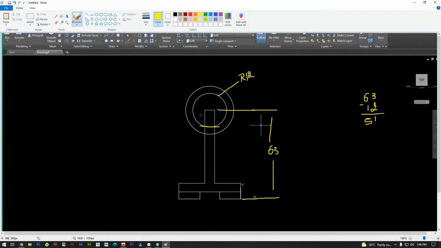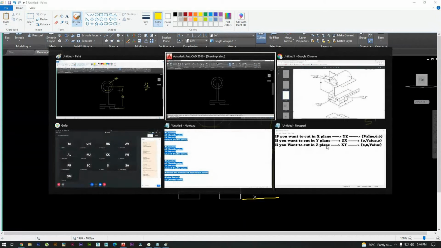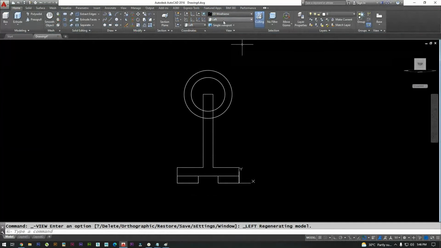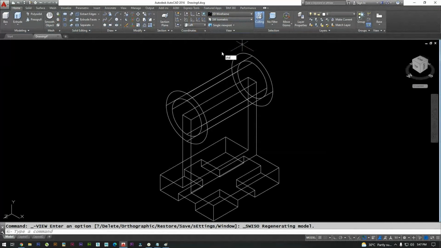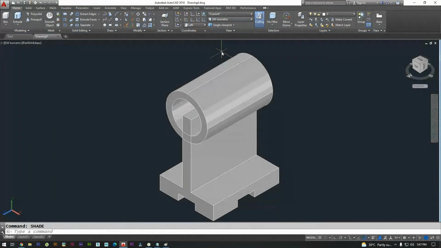This portion will be exactly removed. Set it back. Shade. See the UCS icon, then you slice it. SL, all, ZX, 0, 51, 0.